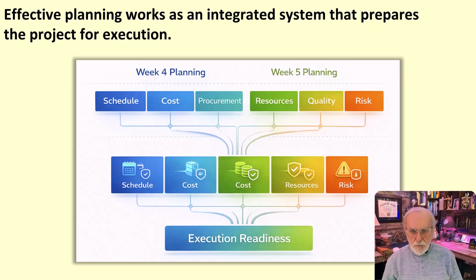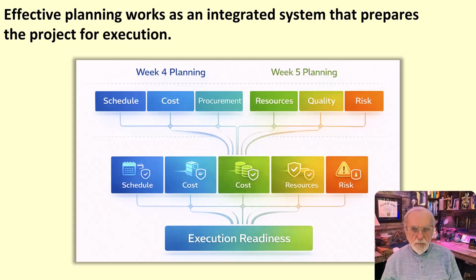Earlier planning topics such as scope, schedule, costs, and procurement help define the structure of delivery. They establish what the project will deliver, how the work will unfold, what it is expected to cost, and how external support will be obtained when needed. These are foundational planning decisions. This week's topics, resources, quality, and risk, add another layer. They strengthen execution readiness by addressing whether the project has the capability, standards, and resilience needed to perform the work